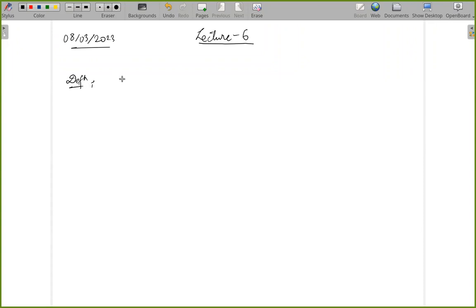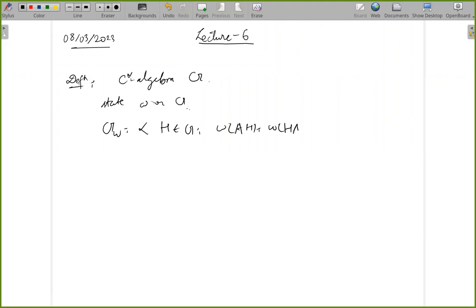So if you have a C star algebra A, and you have a state omega on A, then the centralizer of omega is defined as all those h's such that omega(ah) is equal to omega(ha) for all a in A, or in other words, omega of the commutator of a and h is equal to 0. All right. So if we have, let's say, a faithful normal state on a von Neumann algebra,